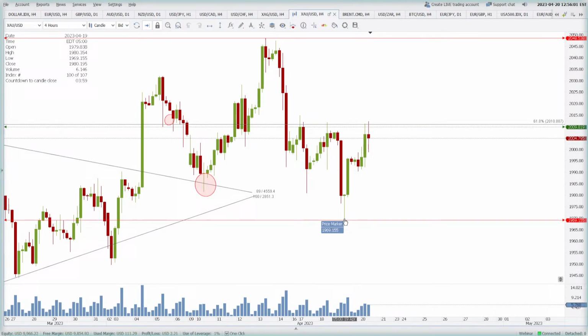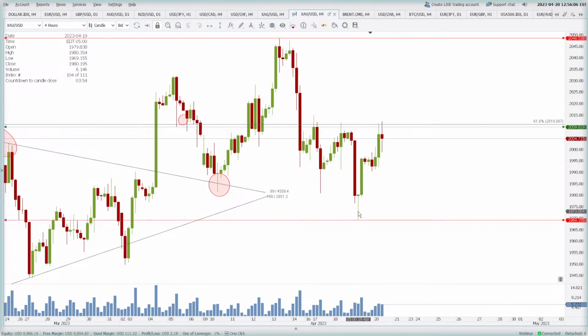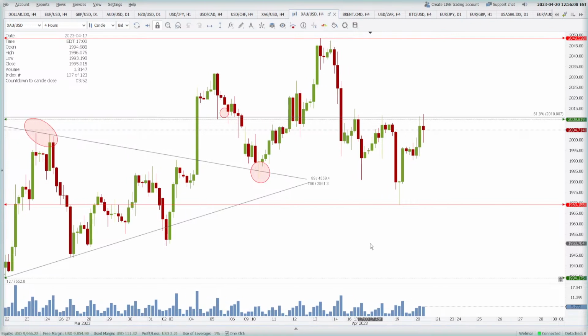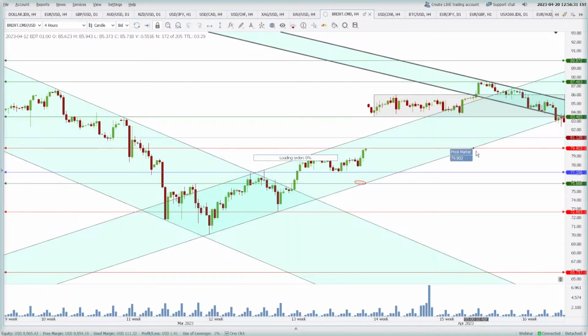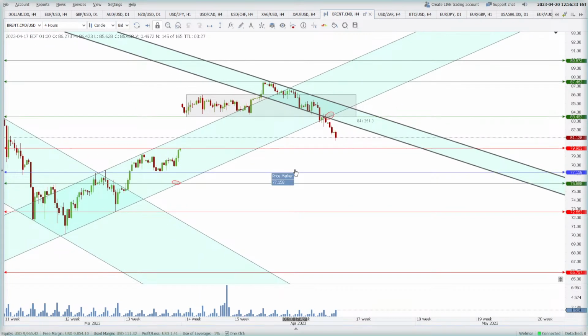You see, this is the 19th of April. Yesterday we made this level after seeing this bullish pin bar, not previously. So you got the idea, right? We have just broken this previous high on the 4-hour. We are bullish now. We are expecting a higher low and higher high again in this market. That's it. 2009 is currently the resistance right now. If you ask me, then 2012.25 on the 4-hourly is the resistance. On the low side, we have support at the 1969 area, but our bias is bullish in gold.